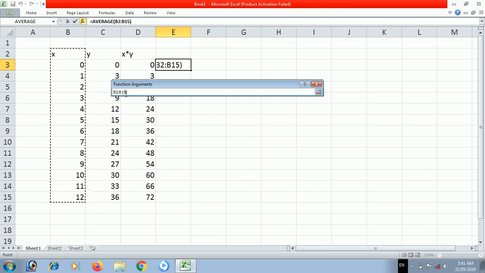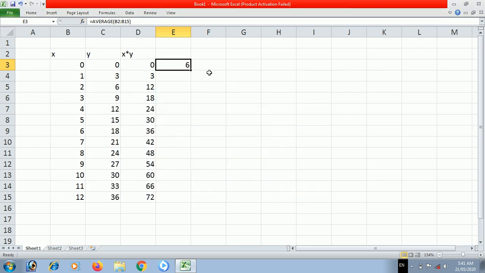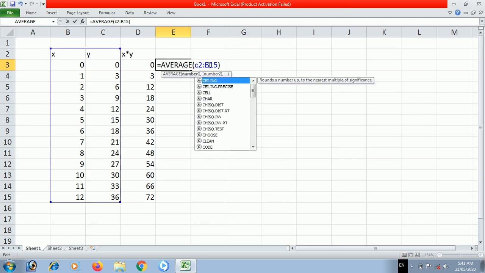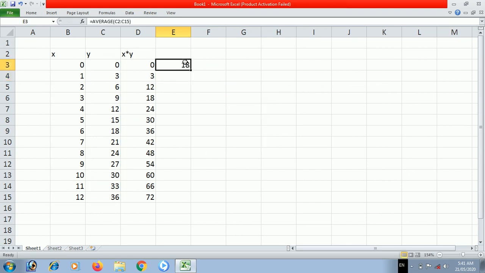B2 to B15 have got selected, and I will say OK. That average is 6, and we can change that manually also to make it C, the next column C2 to C15, and when we click it, we will get the average of this one.